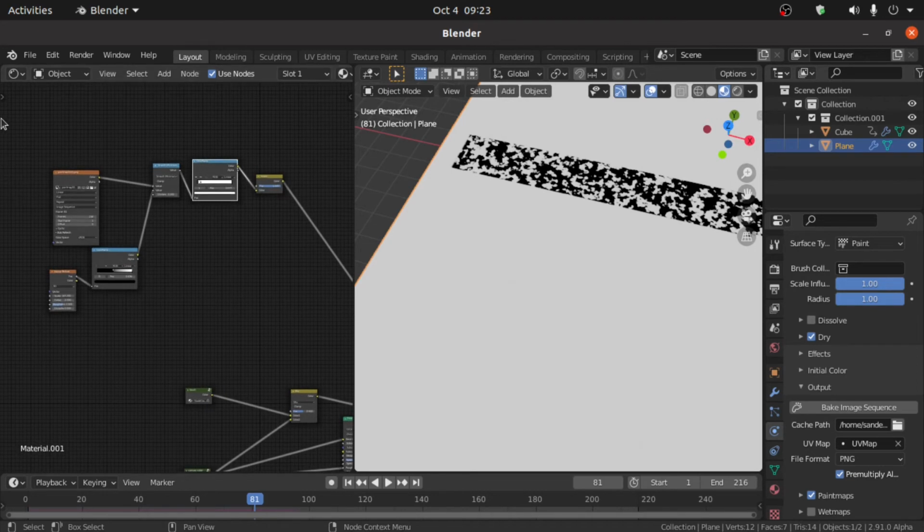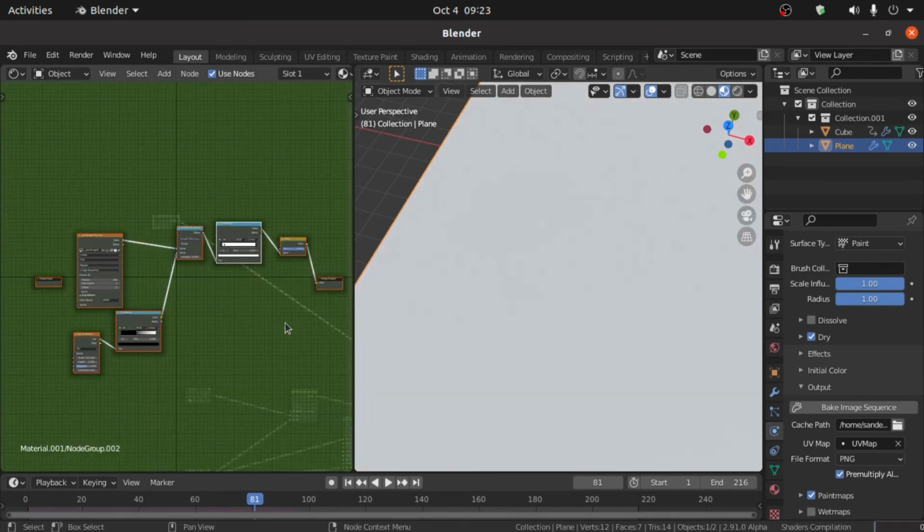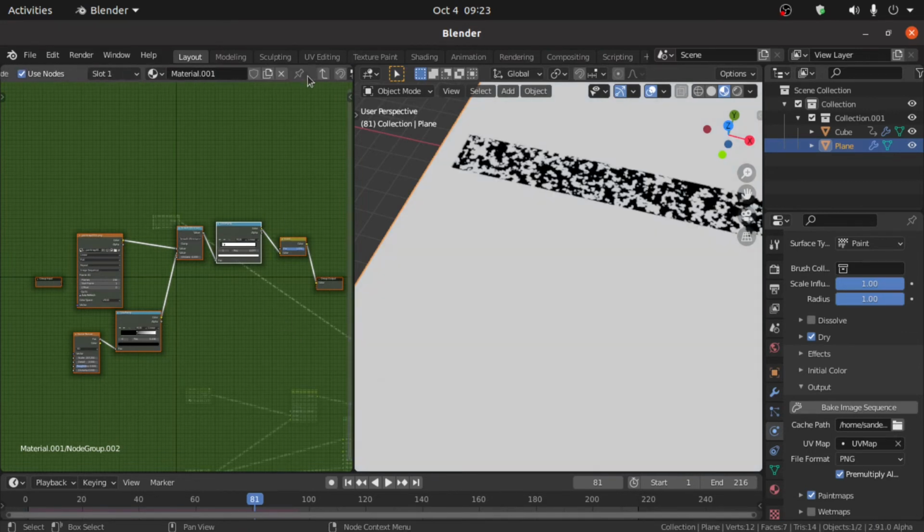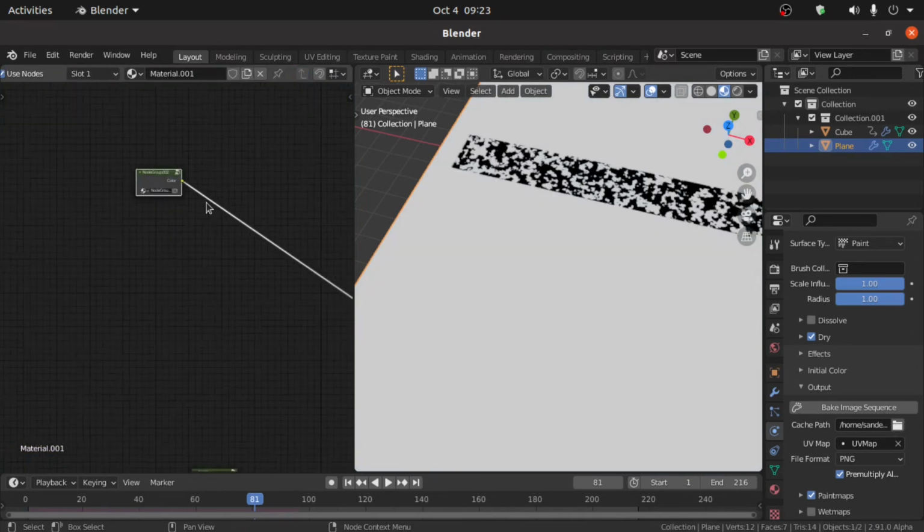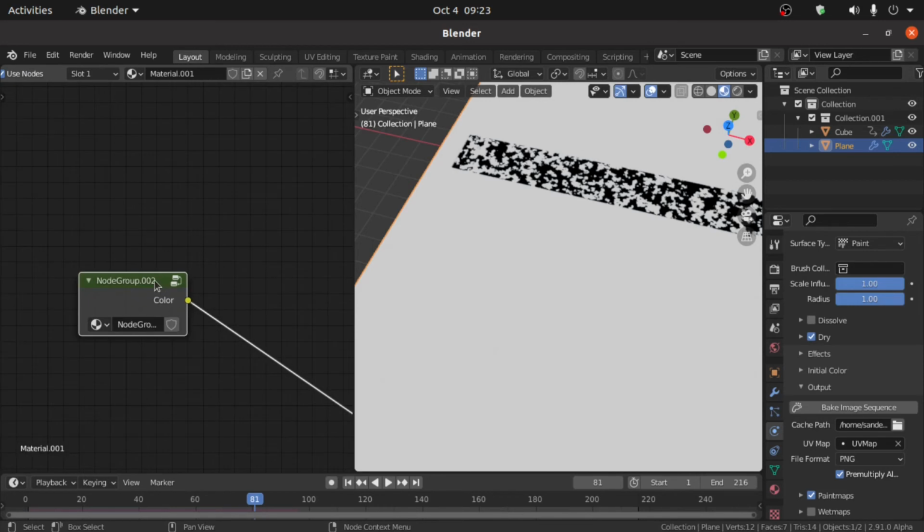Now select these nodes, then press Ctrl G and exit from this group. And we have to rename this as marks 1.